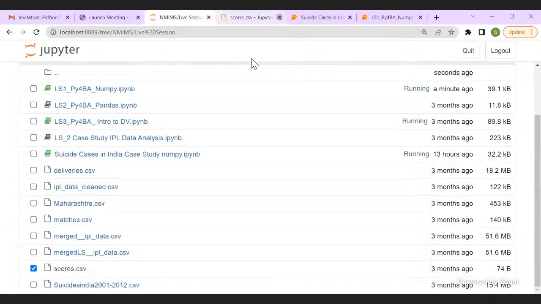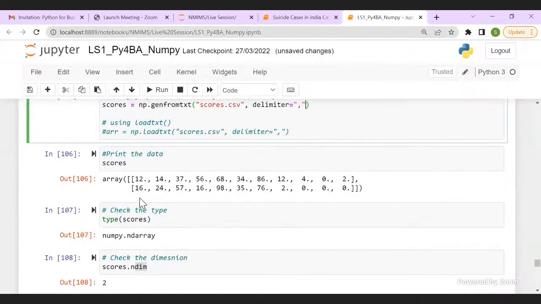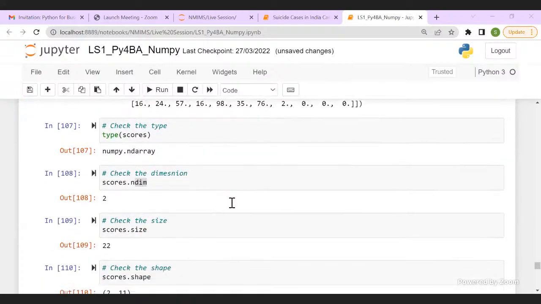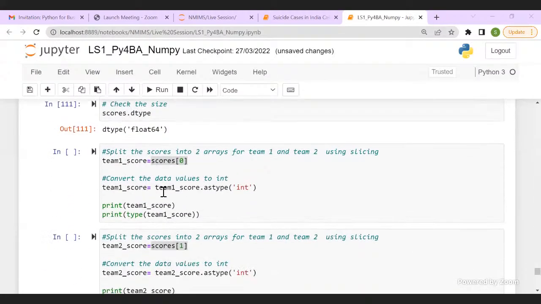Yeah, that's good. Okay. So in case, see, if it is all integers, it will upcast to float. But if one of them is a string, it will do it for the string. Okay. Now next, so no problem with the dimensions. So can we move ahead?